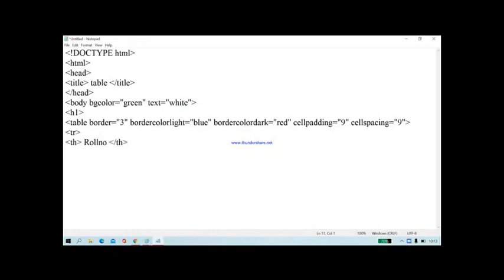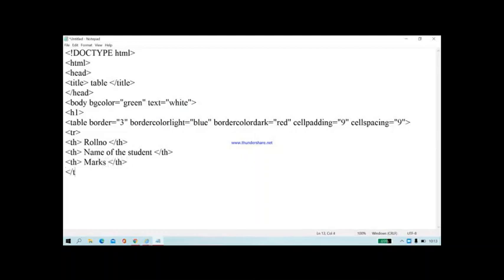This is the first heading, first cell heading. Row wise we have to go again th, name of the student, then slash th, marks of the student, and slash th.